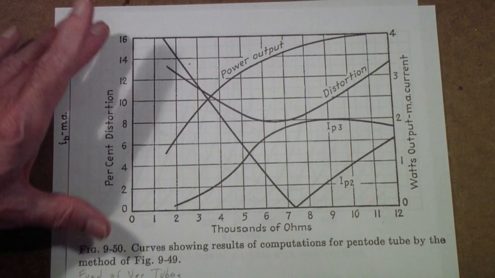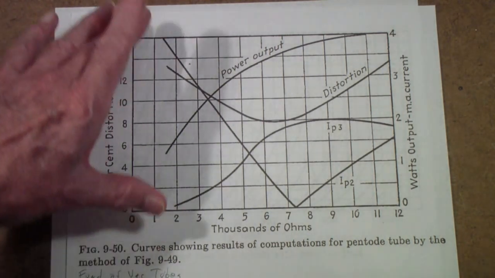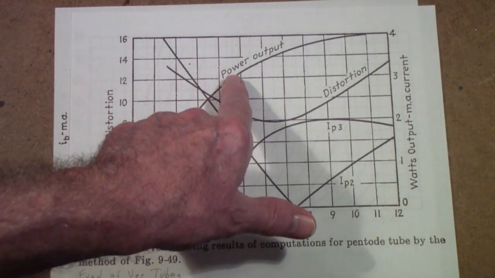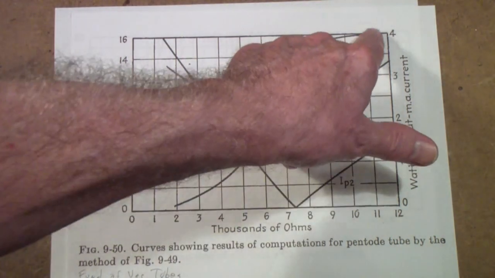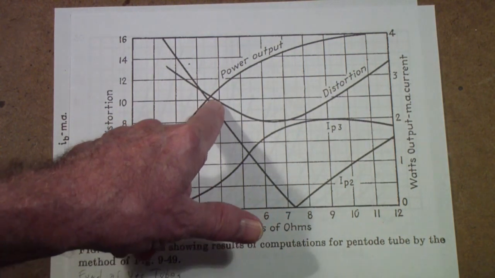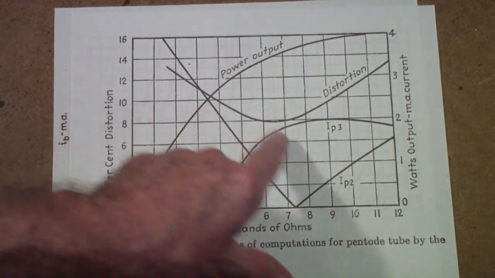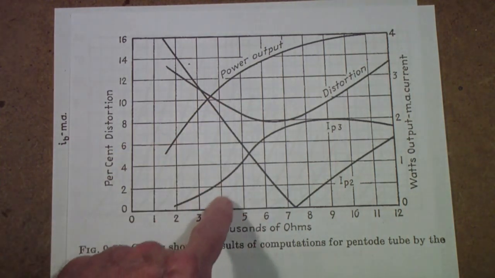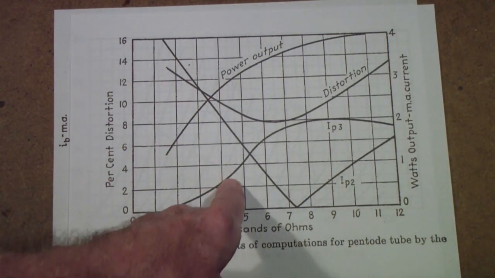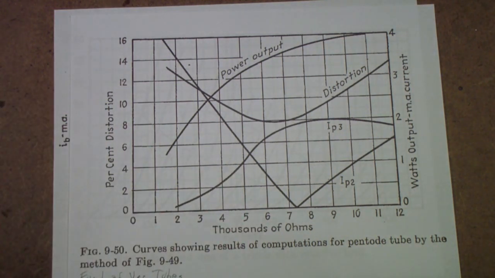And by the way, this is just a generic chart. This is not the actual chart for a 6L6. But that would be this point. Notice that you're not getting as much power output, but you are down here a ways on the distortion. And especially on the third harmonic distortion, you're way down here. So that might be the best operating point. But if you haven't guessed it by now,